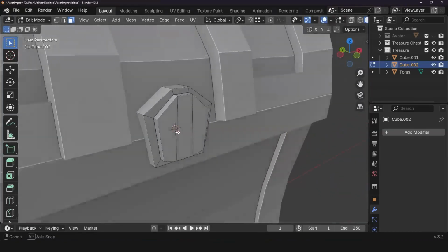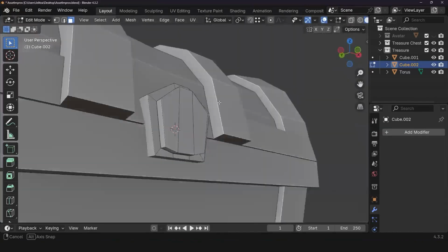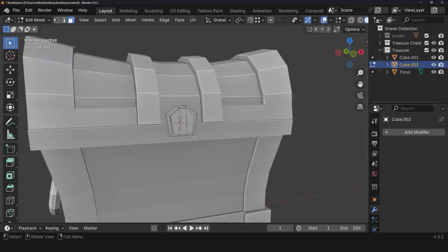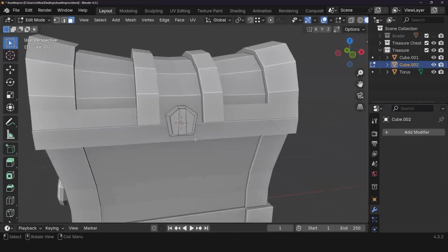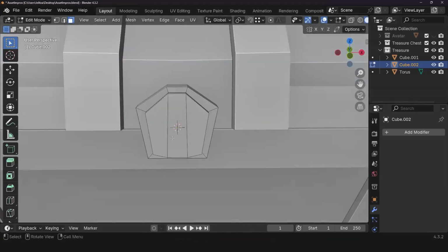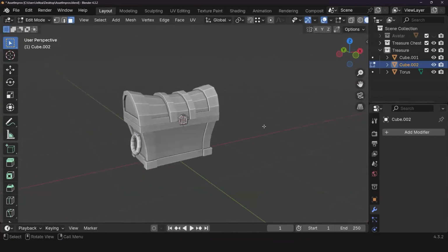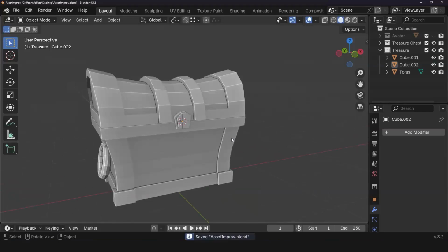However, I do feel like that keyhole can absolutely be texture based, keeping this super duper low poly, because we are conscious of how many polys we use for our item. So why not have that painted in? I think that would be just fine, because then we would have to add some more edge loops. But yeah, here we are. And I'm going to return this guy back to that world origin.